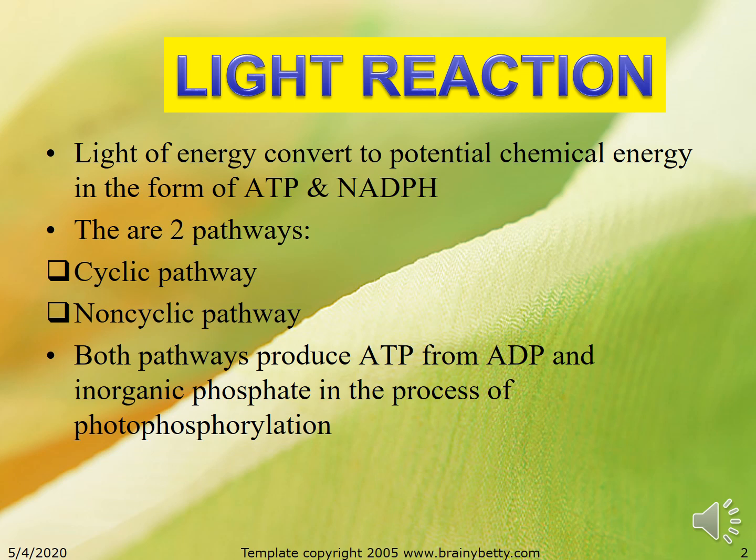In the light reaction, they have two pathways: the first is the cyclic pathway, and the second is the non-cyclic pathway. For both pathways, they produce ATP from ADP plus Pi. As you know before, in order to produce ATP, it should be from ADP plus Pi. It is similar in this photosynthesis process. So what is the name of that process? We call it